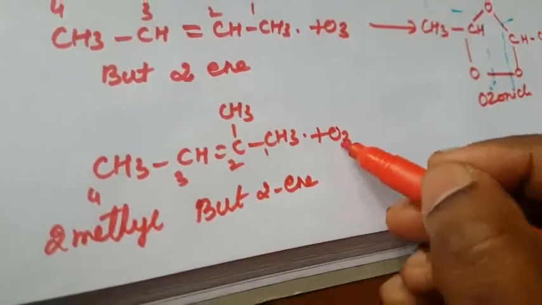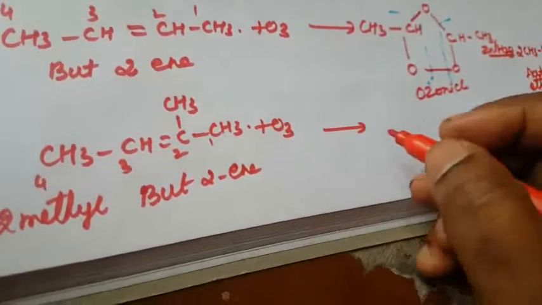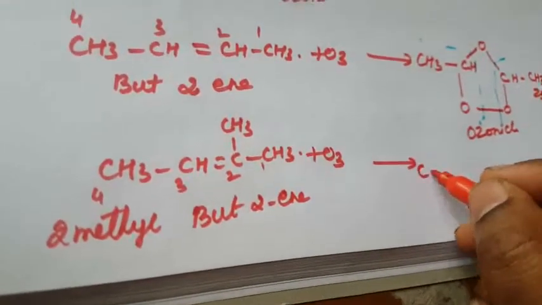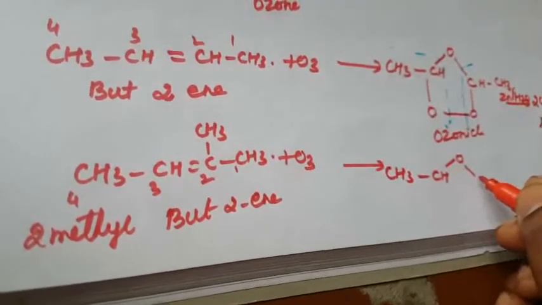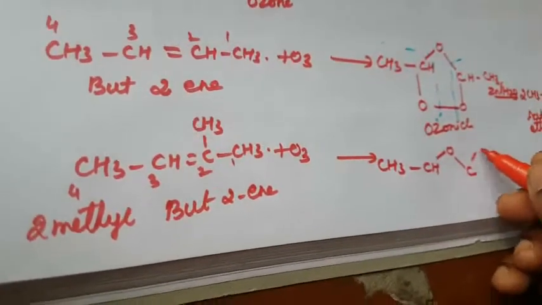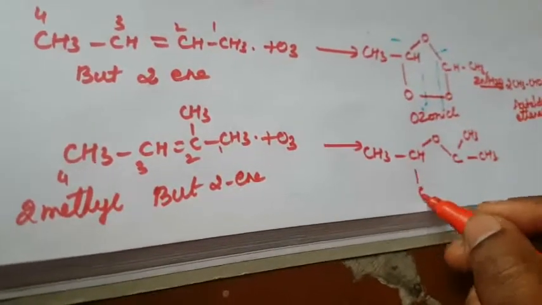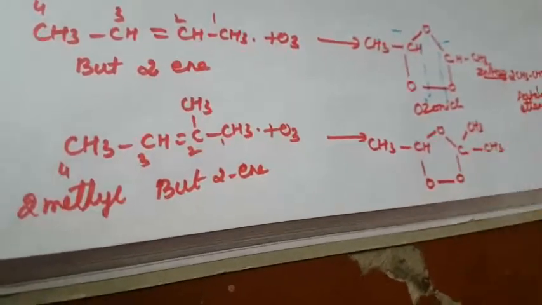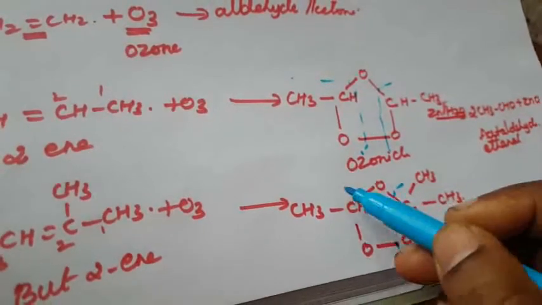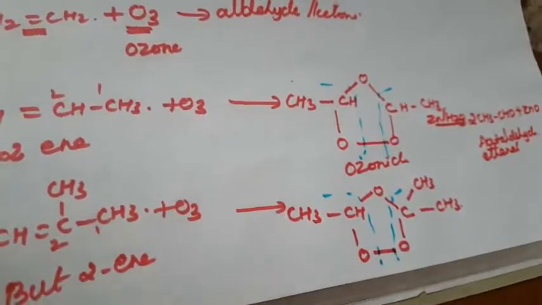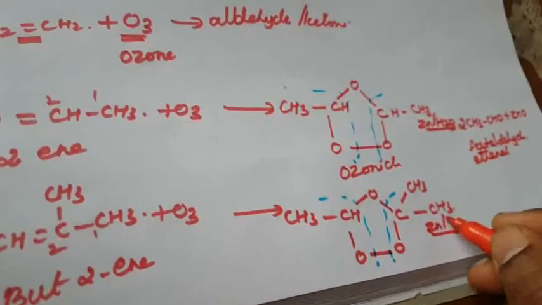Again it will react with O3. So how will it join? Only the double bond breaks down with the O3 molecule. So for the remaining, you write CH3, then CH, here one oxygen, here again C, here one CH3, and here one CH3 is there. Then oxygen, here one oxygen, right? Now what will happen? With hydrolysis, the compound will break down with zinc and water molecule, right?